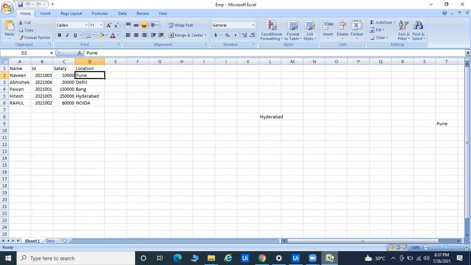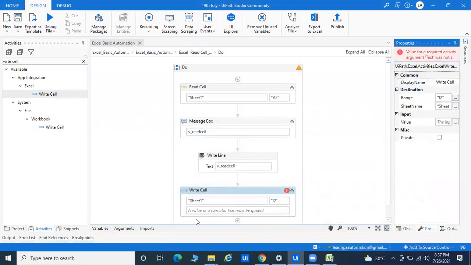Let me show you I2. So here I'll try to pass the variable called v read cell. Save and run this program.